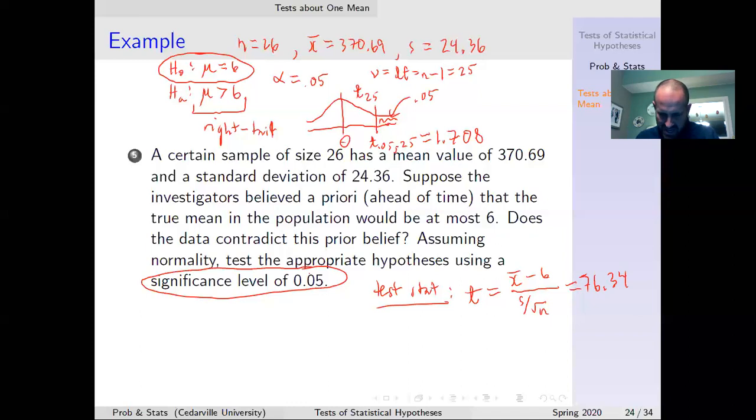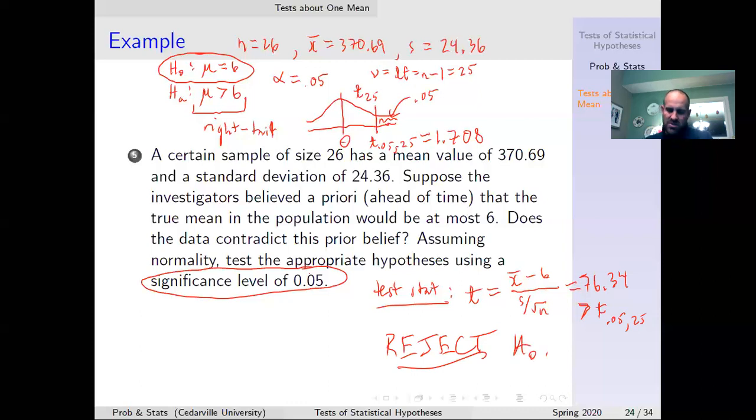And that is way bigger, right? So that's way bigger than our cutoff. Okay, so that's bigger than t sub 0.05, comma 25. So what do we do? We reject the null. And of course, for the confidence interval situation here, I would do a 95%